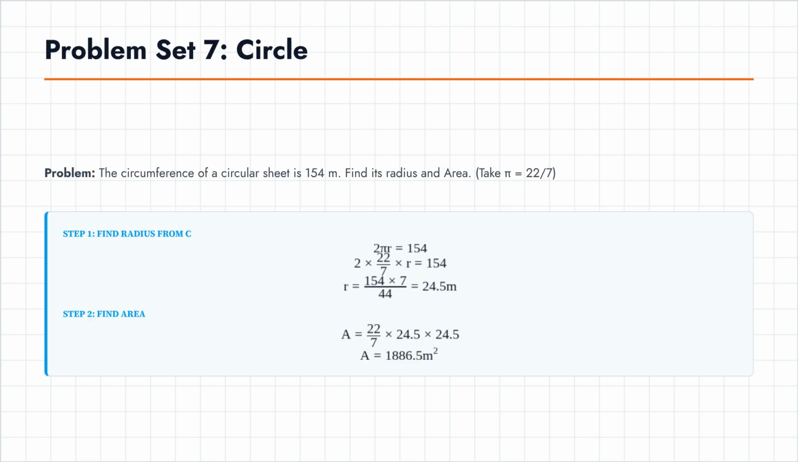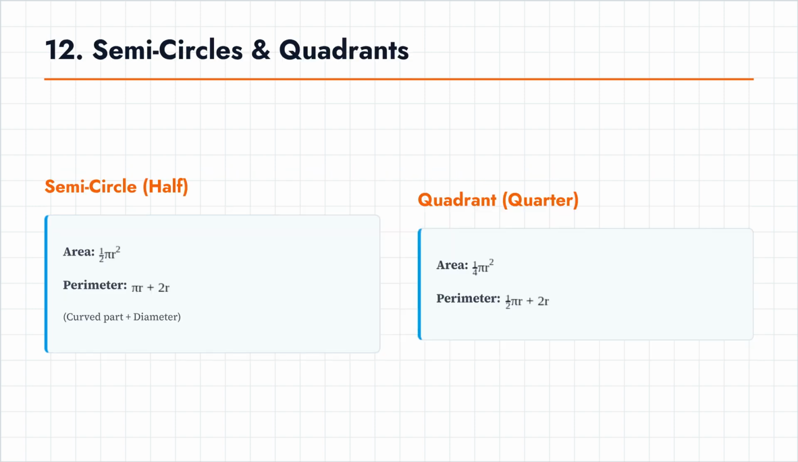Problem set 7 provides a circular sheet circumference of 154 meters. We use the circumference formula to solve for the radius, which is 24.5 meters. Then, we use the area formula to find the area is 1,886.5 square meters. For parts of a circle, the area of a semicircle is half of the total area, and